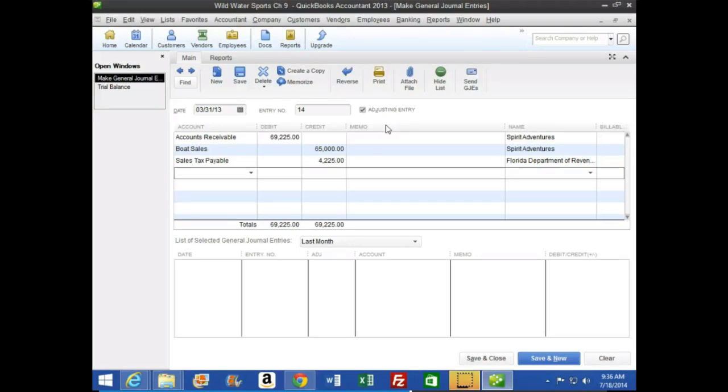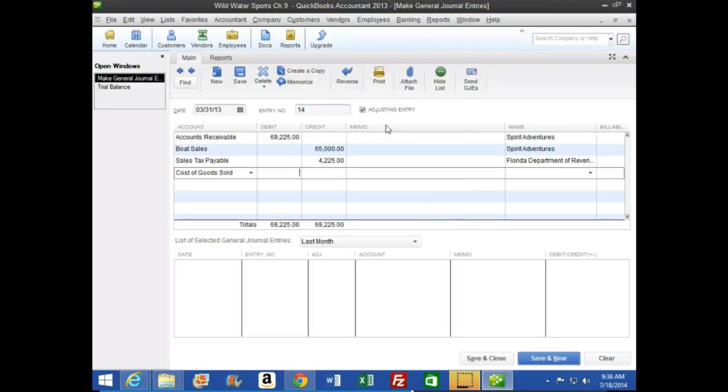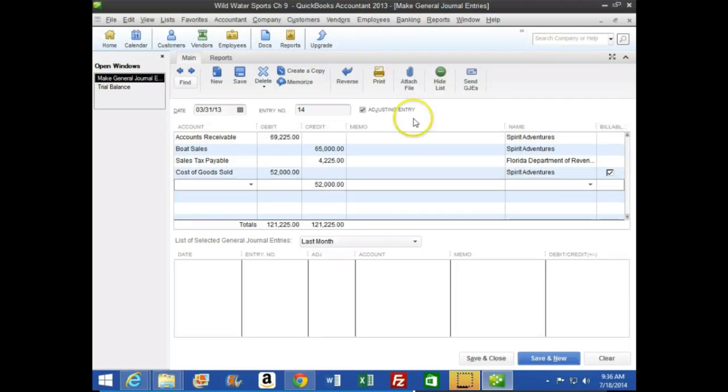And then number 12 says select cost of goods sold. So cost of goods sold, that's going to be the expense related to the sale, and that's 52,000. And we could select Spirit Adventures, although it's not really required in this field. Spirit Adventures, and I'm going to uncheck this billable because I don't want to create an invoice on it. Maybe I do have to check that. It doesn't tell me. Okay, I'm going to keep it there. Okay, Spirit Adventures, cost of goods sold,